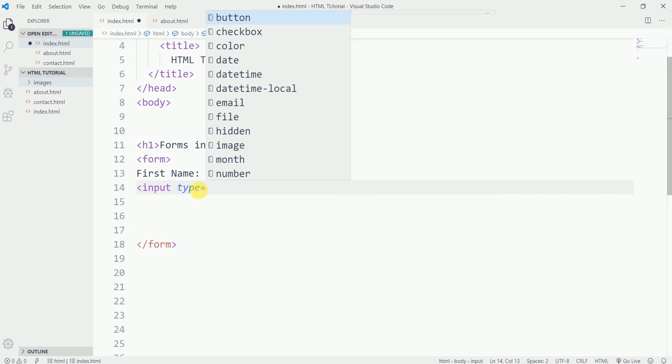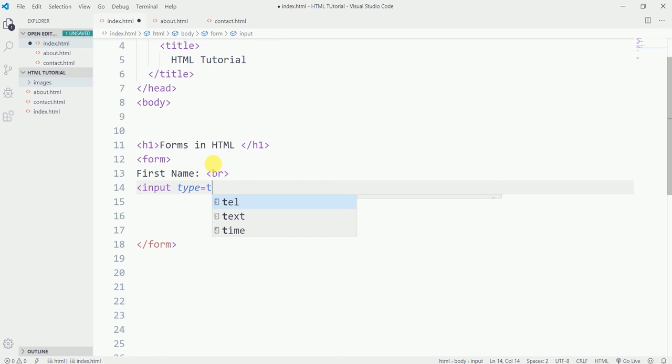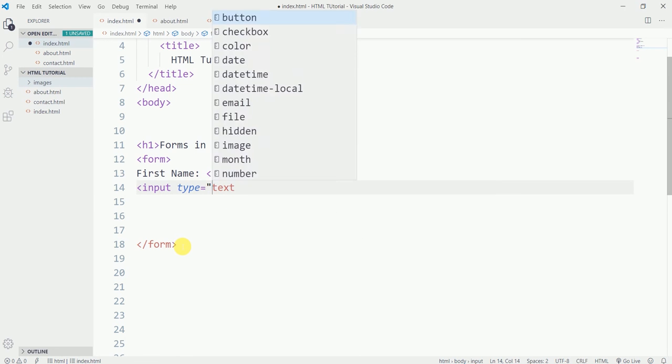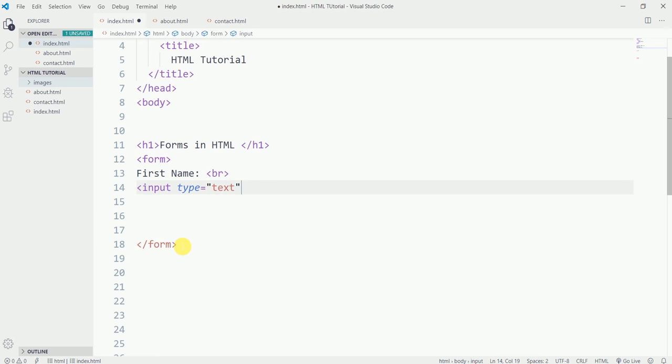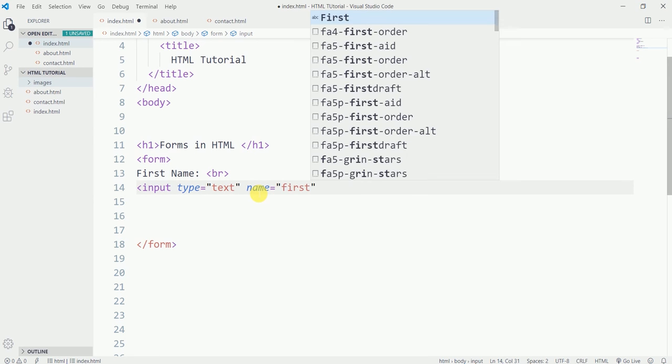Okay, I'm using this type in the input element. Like what should be the type of this input which I'm going to create. So its type would be text. I'm using it in double quotes, and then I should say it should be a name, first name,